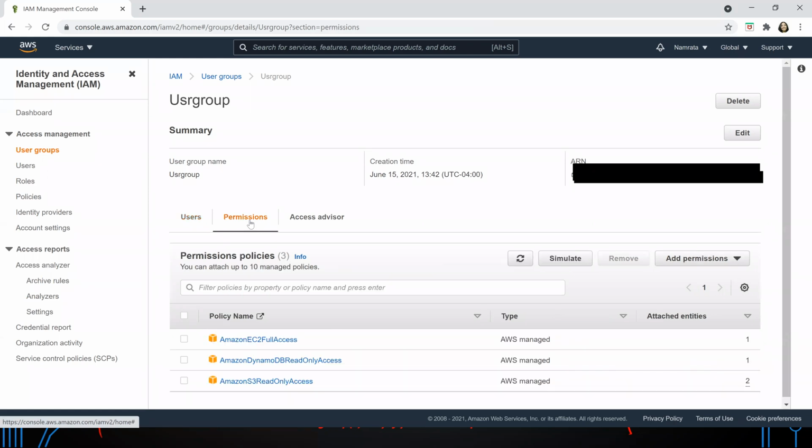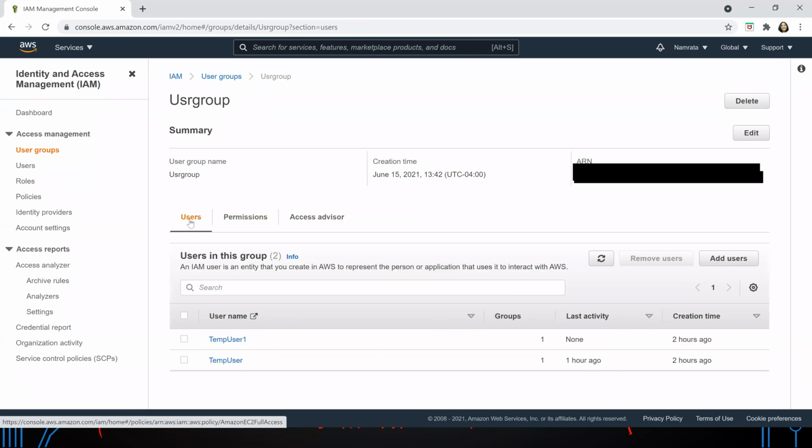And these are the policies that have been attached to this particular user group. So now let us go ahead and log in leveraging credentials of one of these users and see if these permissions truly work.